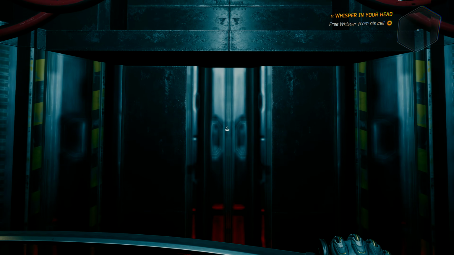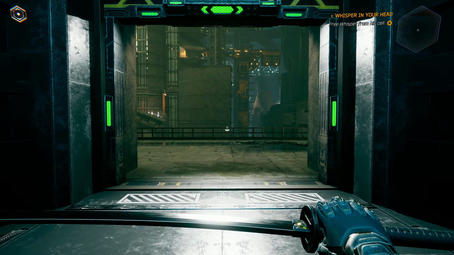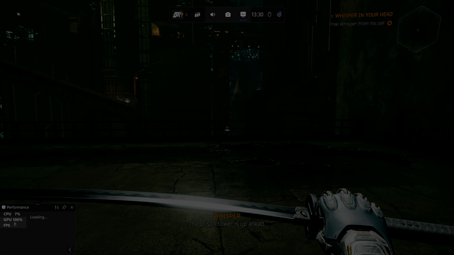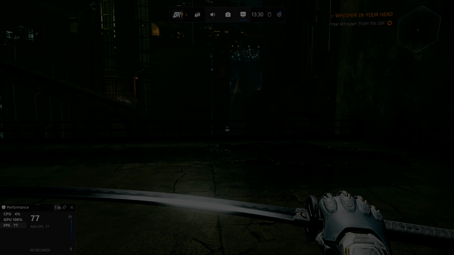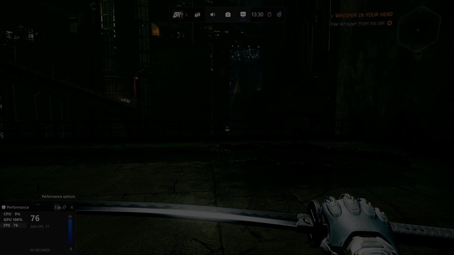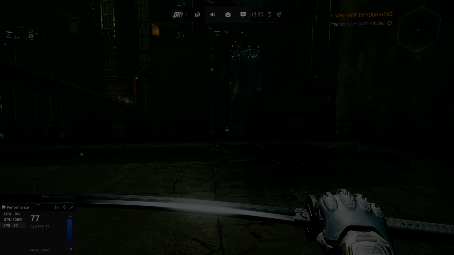now this is not enough. You also have to select FSR4 from within it. So if I go back to game mode, see my FPS has gone up from about 45 to 77 with ray tracing. Now what you do now is you press insert,